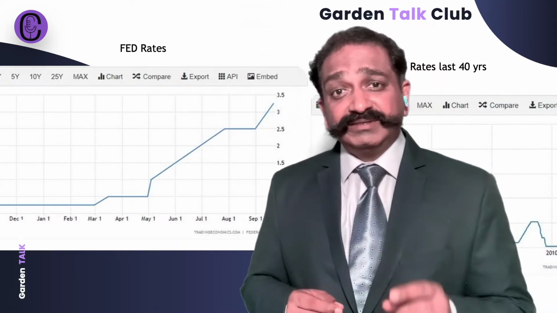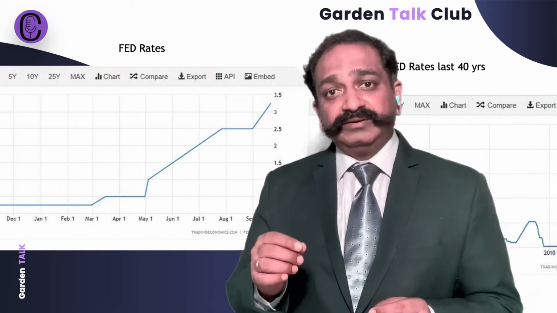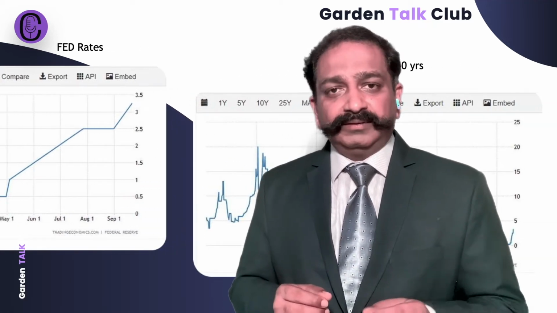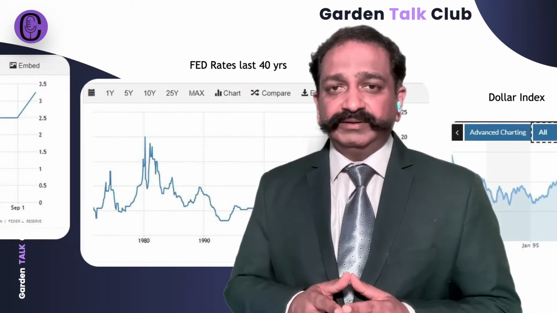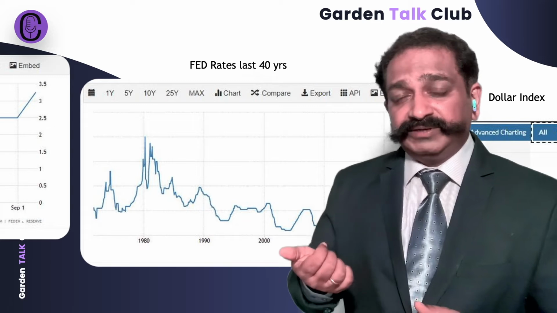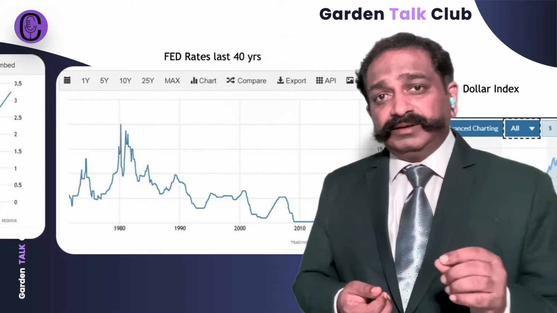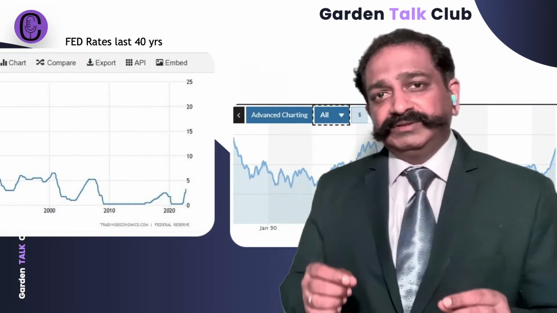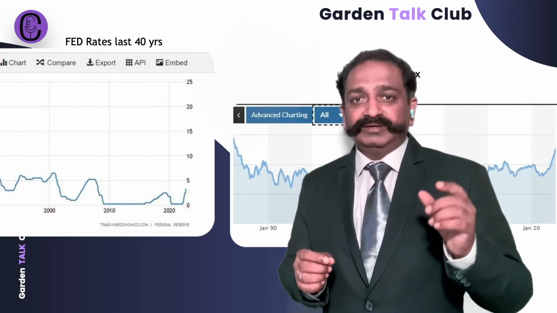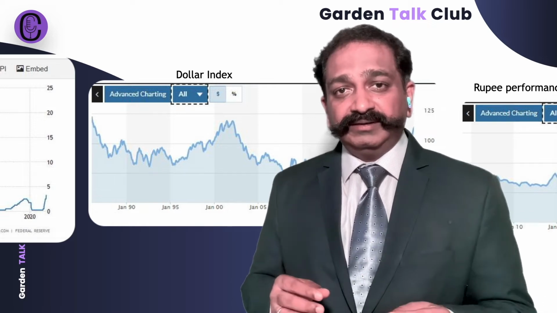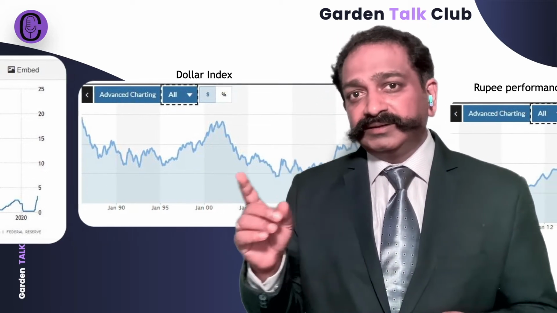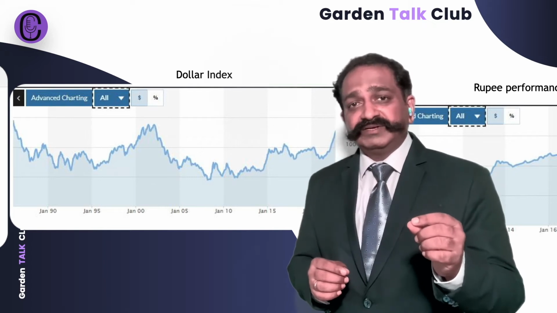Let's check the performance of these currencies against the dollar now. For that, we'll check the dollar index. The dollar index measures the relative performance of the dollar against six major currencies of the world, which include the GBP, euro and yen I mentioned earlier. In October 2021, the USD against six major currencies was 93, and now it is 112. So it proves that the rupee is not falling, it's actually the dollar that is strengthening. The rupee is fighting bravely against the dollar in all circumstances and performing very well compared to other currencies. India really deserves that appreciation.